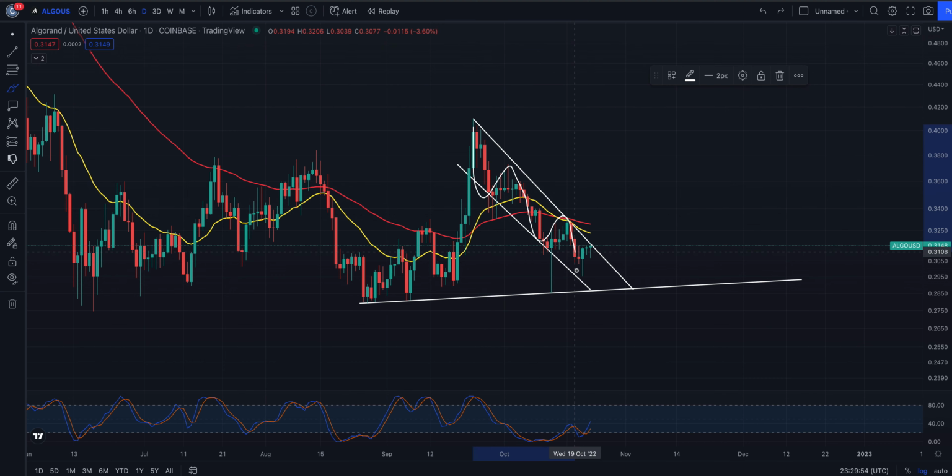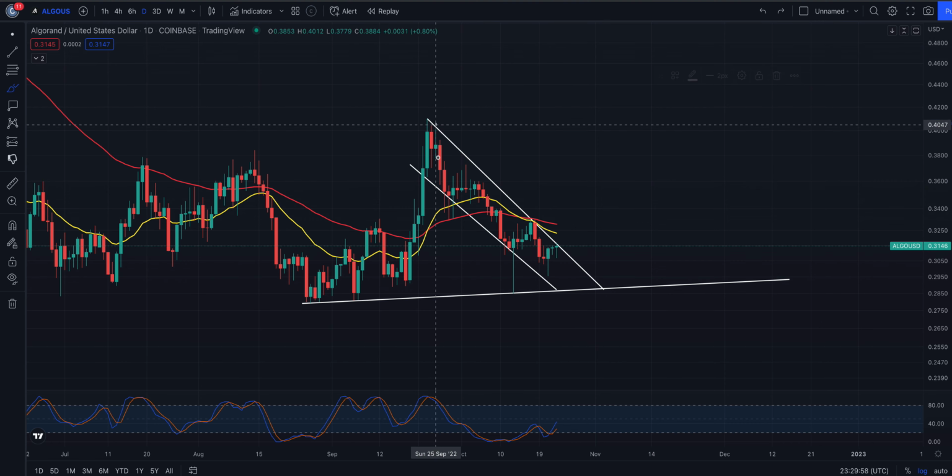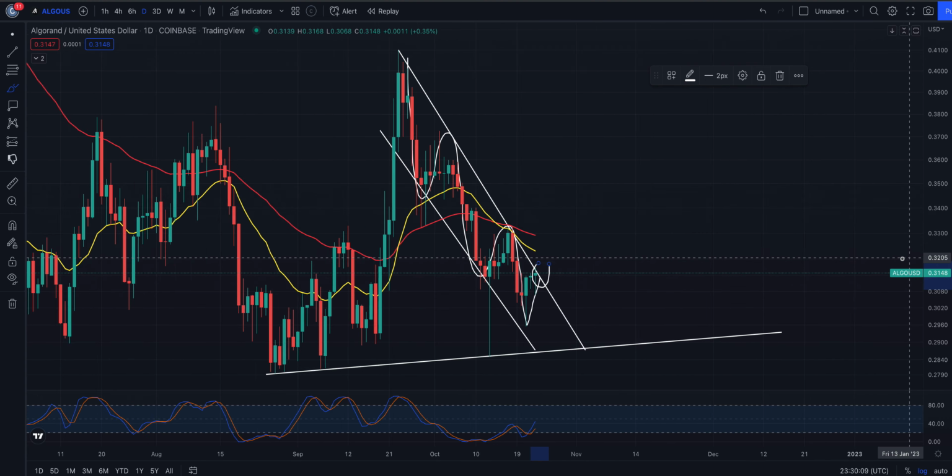I think I was last saying on the daily time frame in the last video, and you can see what's basically happened. You got support, resistance, you came down just shy of the support line here, but you've bounced back up, and right now you can see that if we zoom in here, we are attacking